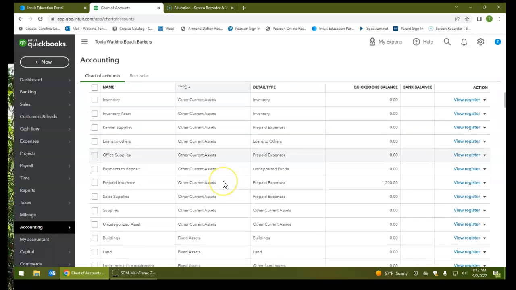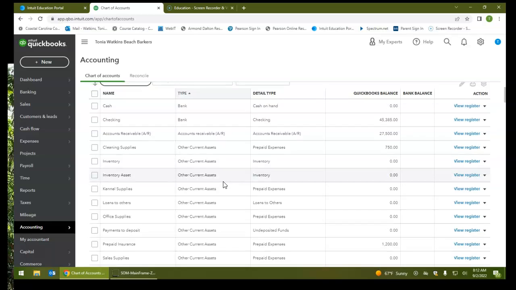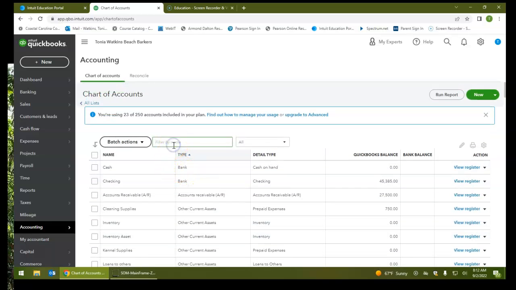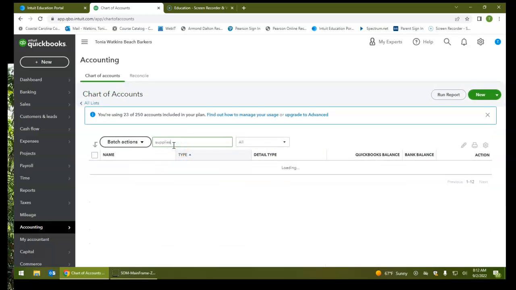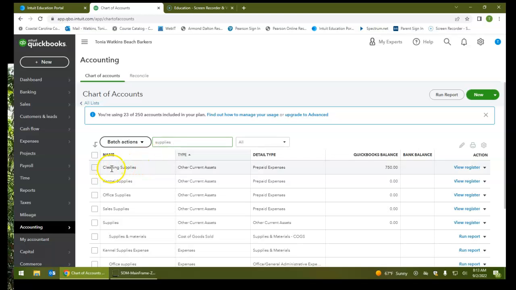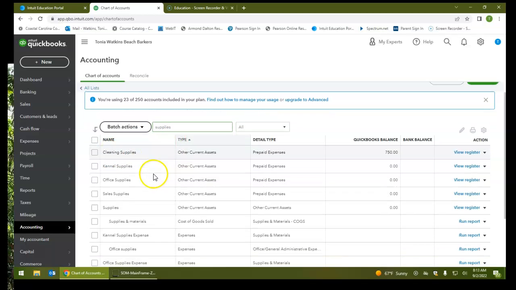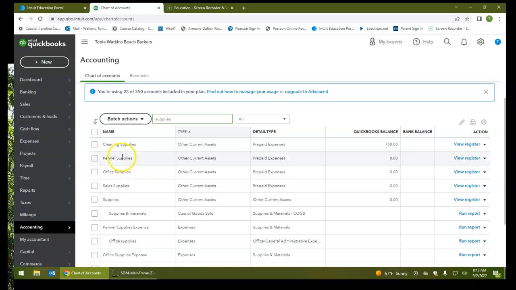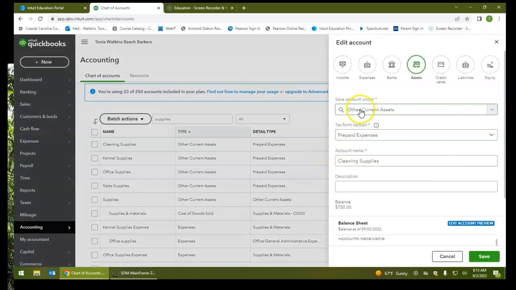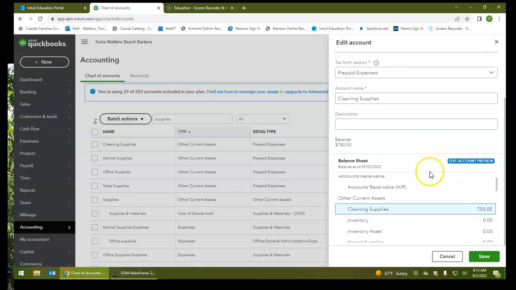So you're going to find the account name cleaning supplies, and you can type supplies, and it will filter. It will show you all the accounts that have the name supplies in it. So we're going to click that down arrow. We're going to click on edit. Save account under. So let me start up here. Edit account. It is an asset account. Save account under. That's for the balance sheet